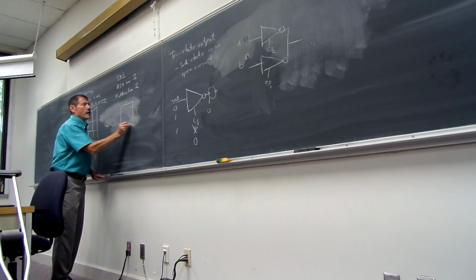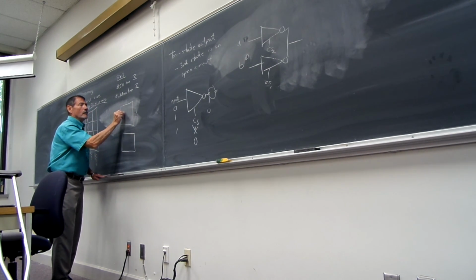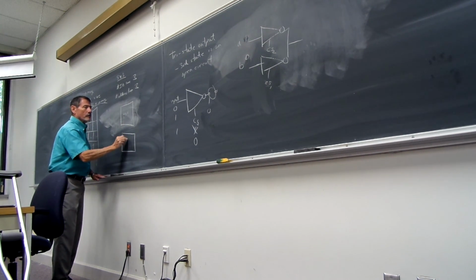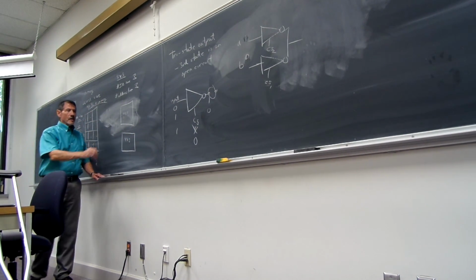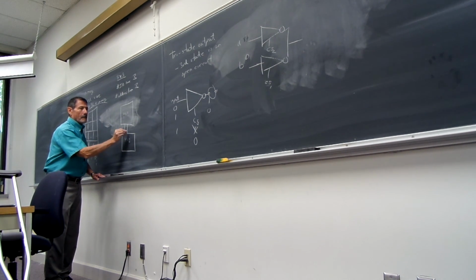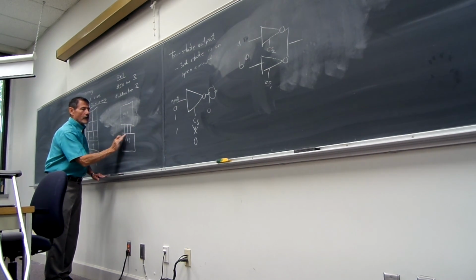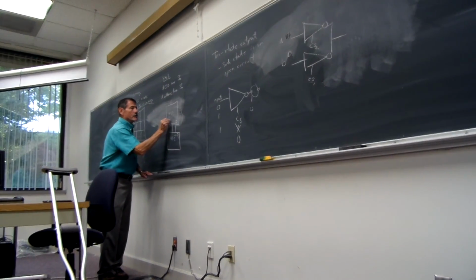Well, here, I'm going to have my 4x3, my 4x3. What I want to do is I'm going to take these I/O lines, so this is I/O 0, 1, 2. This is I/O 0, 1,